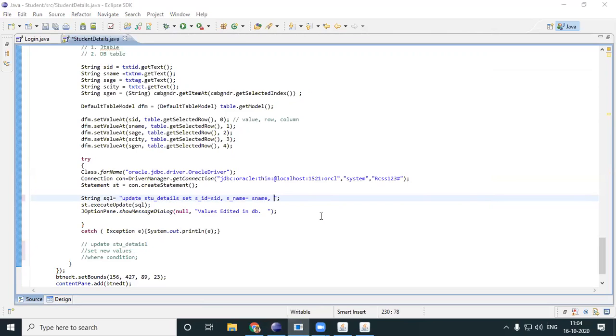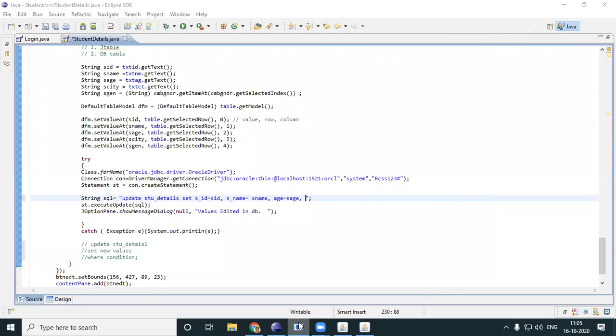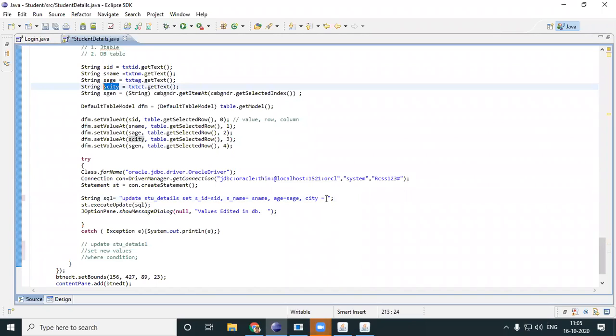Age is equal to SAge, control C, age is equal to SAge, gender or city, which comes next? We'll go in the correct order. City is equal to SCity, control C, control V, gender is equal to the new value. Okay, so this part is over. Update student details, set new values.